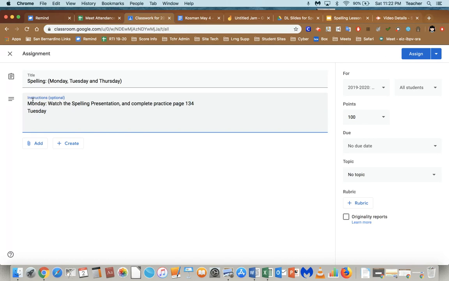On Tuesday, we're going to complete practice page 135 and begin your Spelling City activities. On Wednesday, you're going to use Wonders. Use Wonders access to do